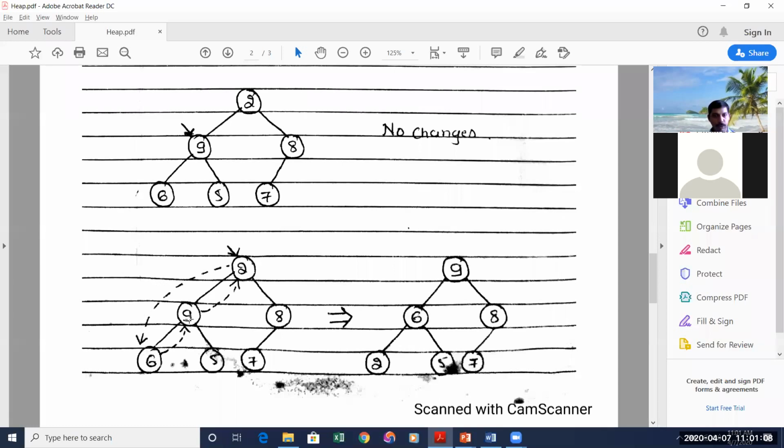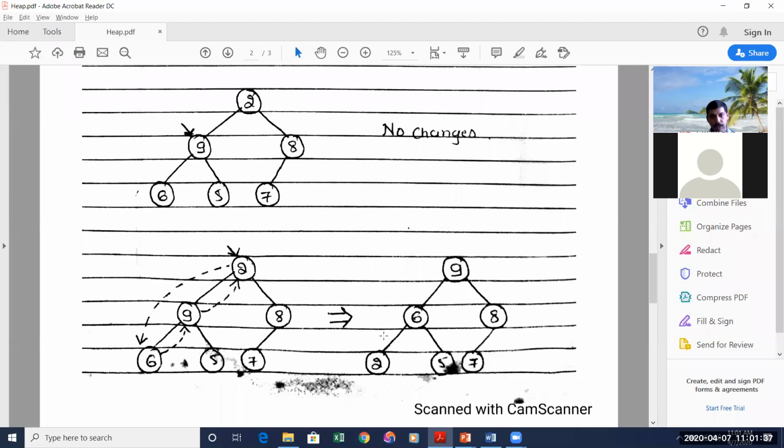6 has moved to the position of 9, 9 has come to the position of 2, and 2 has come to the position of 6. So that is the output on the right hand side. Now after this step, in the last step we considered the root node where we have to check the parental dominance. So all the parental nodes have been checked starting from the last parental node, going minus one until we reach the root node.